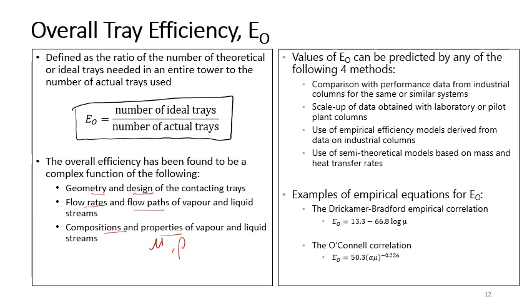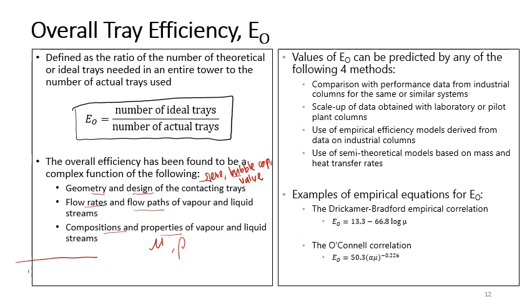Geometry and the design of the contacting trays. Trays actually have a lot of types. It can be sieve, it can be bubble cap, can be valve trays. So different types of trays have different efficiency, and flow rates and flow paths of vapor and liquid, because different types of trays